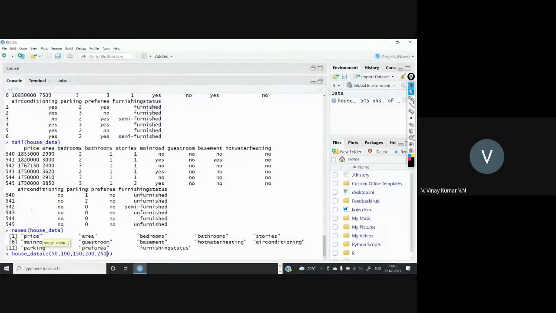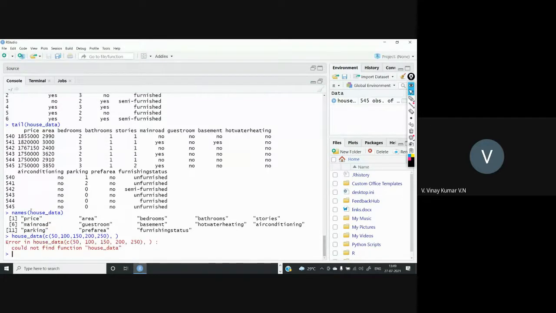These are the row numbers I mentioned here. After the comma, you just keep it empty. Empty means all the columns. So for these 50, 100, 150, 200, 250 rows, I want all the column information. Just press enter, which will provide you that particular data. So here we have to take square brackets.